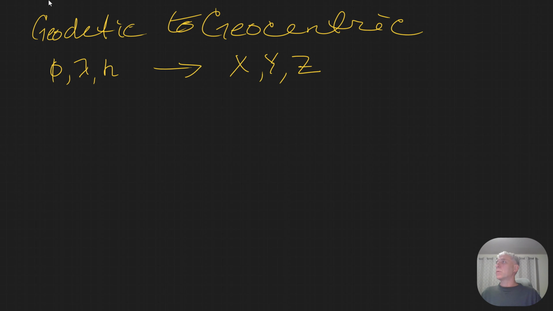So we've gone this direction. Now we're going to go the other direction. We're going to go from geocentric coordinates to geodetic coordinates. So we're going to convert XYZ, or Earth-centered, Earth-fixed coordinates, to latitude, longitude, and height. One of these components, converting to longitude, is less complex than the other two. So why don't we start with that? So for longitude,